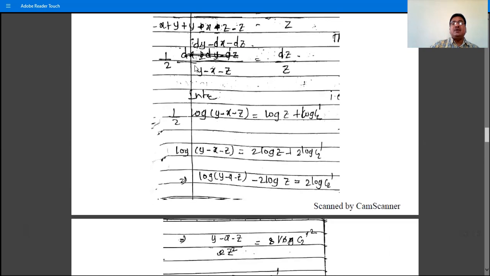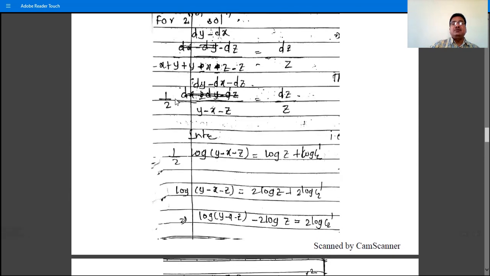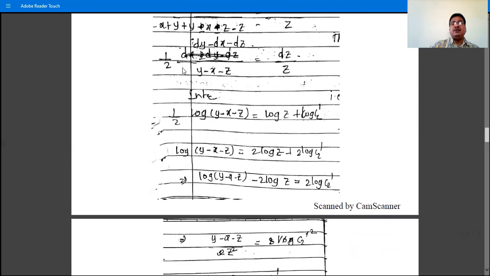We have y minus x minus z as the denominator, and if we take 2 as common, we find the derivative of y minus x minus z is dy minus dx minus dz, and so integrating,